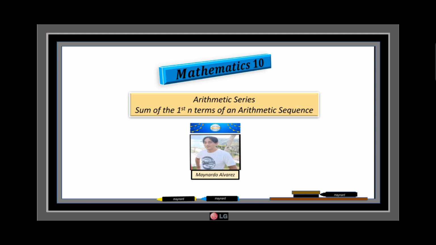Today's topic is about arithmetic series, or yung tinatawag nating sum of the first n terms of an arithmetic sequence. Okay, before we start with the basic concept ng arithmetic series, let us consider first this arithmetic sequence 2, 4, 6, 8, na infinite, para may idea kayo kung ano ba yung tinatawag na sum of the n terms ng